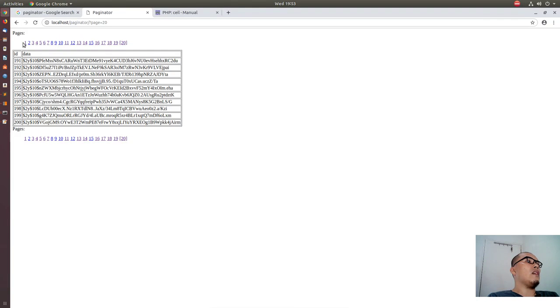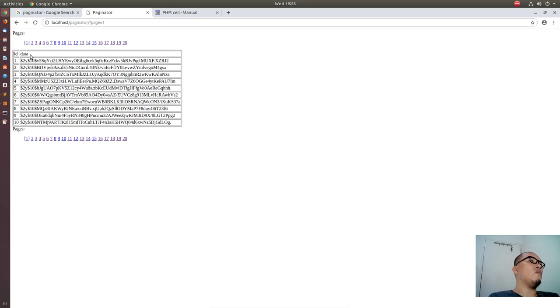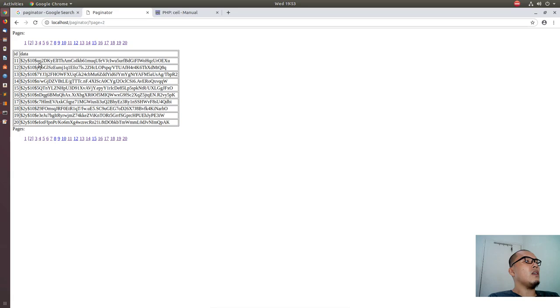We successfully created the pages, which is 20 because we have 200 rows at the moment in our example data, and each page has 10 rows. So for example, in page 1 we have 10 rows, and if you want to move to the second page, we have another 10 rows, and so on. So what are we gonna do